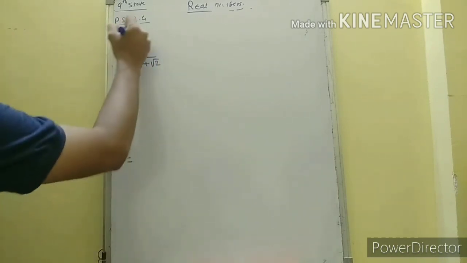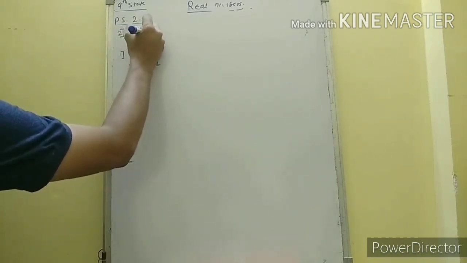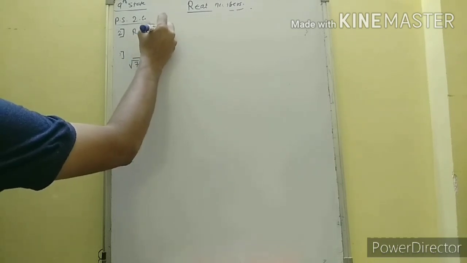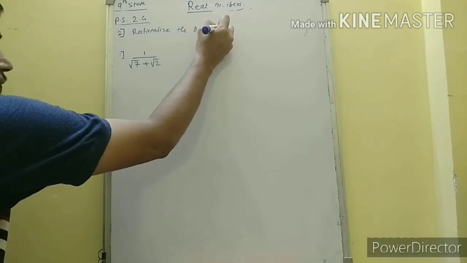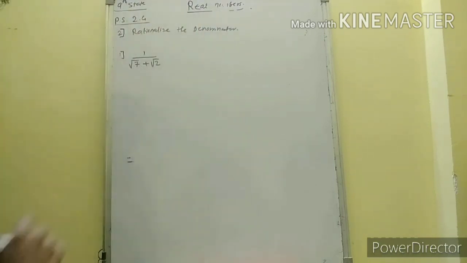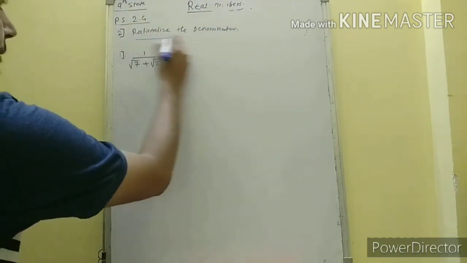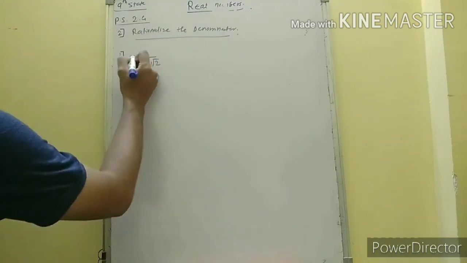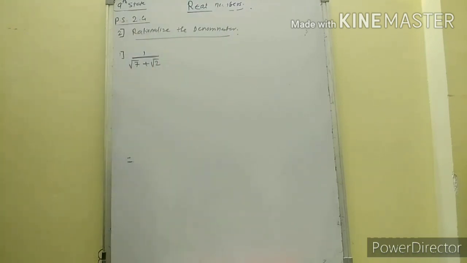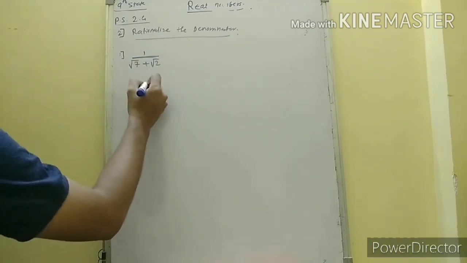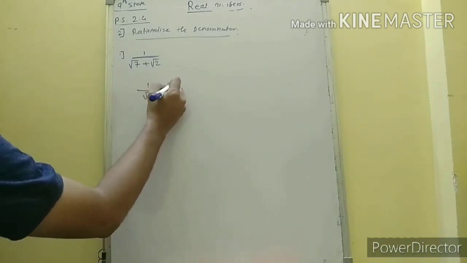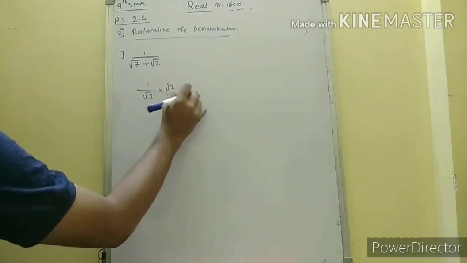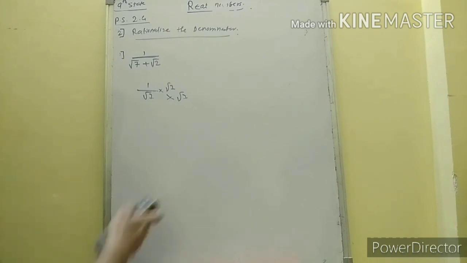Okay, the very first question, 1 upon root 7 plus root 2. In the previous exercise, we have already seen that we were having only root 7, or we would have multiplied root 7 into root 7. But